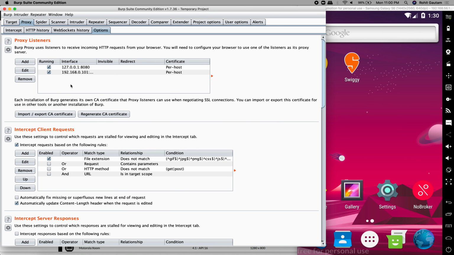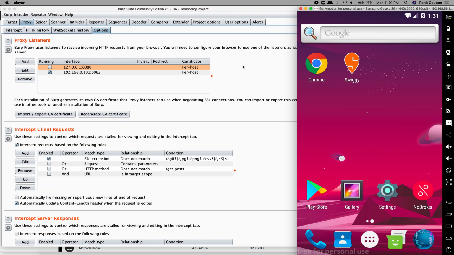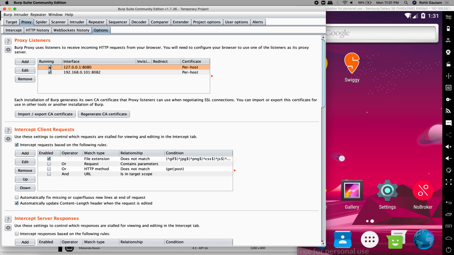Now you can see I have two proxies running. The first proxy is not being used currently. I can configure this with my browser as well. And the second proxy, I have made to configure with my Android device. So if you want, you can turn this off as well. Or if you want to simultaneously test a web application in your Mozilla Firefox on your host OS and test the Android operating system as well, you can do that and keep it running. All right, so for now, I'm not going to run it, so I will just disable it. All right. So we have done the first step in Burp Suite.